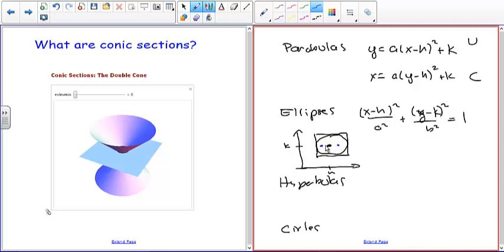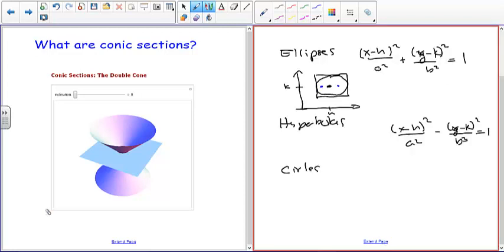And it turns out there's also, well, I'll come back to this. I don't want to get too carried away. As far as a hyperbola is concerned, you have two forms. You have (x minus h) squared over a squared minus (y minus k) squared over b squared is equal to 1. And the other form would be where you have the negative in front of the x. So you'd have negative (x minus h) squared over a squared plus (y minus k) squared over b squared is